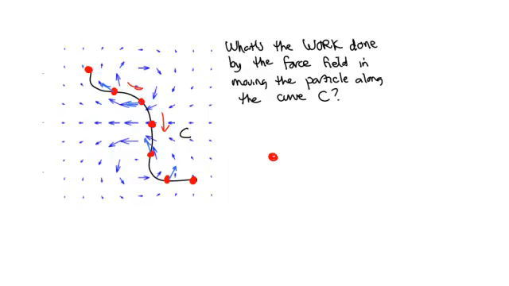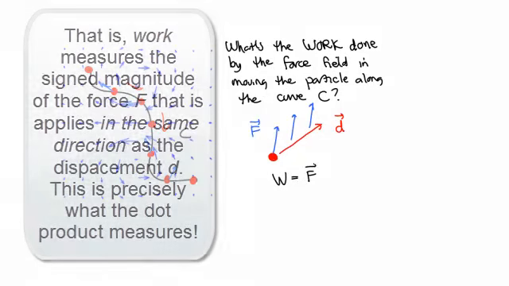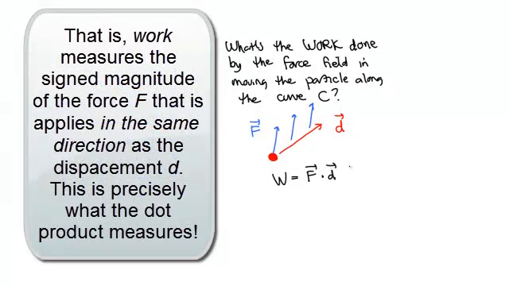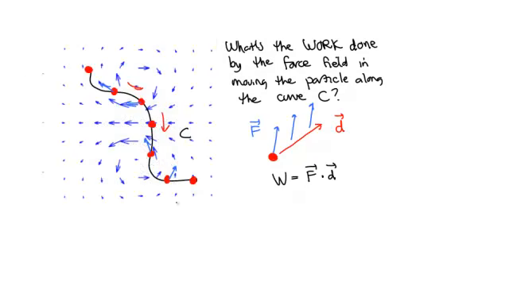If a particle is moved in a straight line direction, D, and a constant force, F, is applied on it the entire way through, then basic physics says that the work done is equal to the force dotted with the displacement. But in this case, we have a varying force field and a curve that's not straight. But we could imagine chopping this curve up into lots and lots of little tiny pieces. Over a single tiny segment, we could imagine that the force is more or less constant